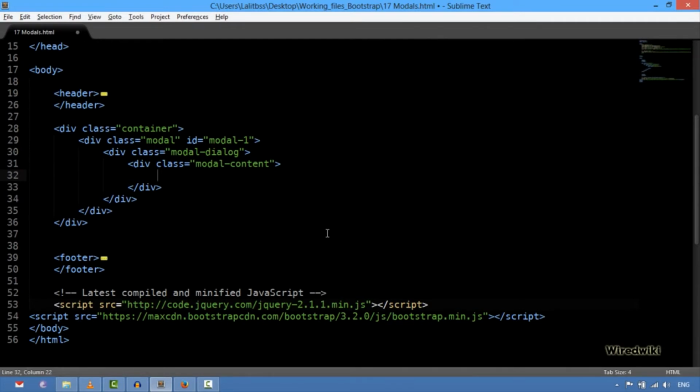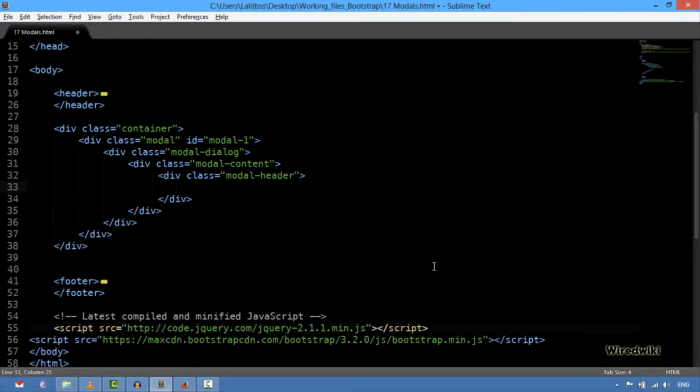Inside a modal we have three things, as usual, like in panels. We have a header with a modal-header class, a footer with a modal-footer, and we can have a modal-body. So I'm going to create another div with a class of modal-header, and inside this I'm going to put my heading and a